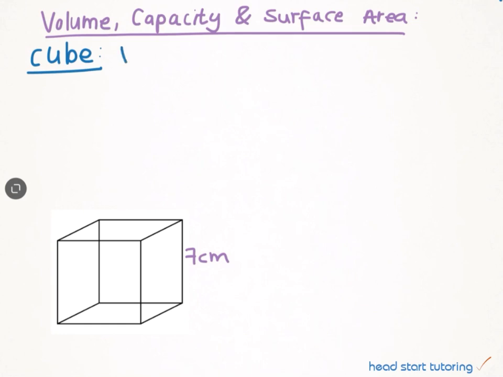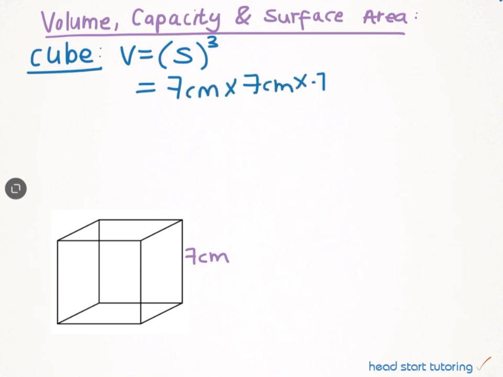So remember that the volume of any cube is just equal to that side multiplied by itself 3 times, or we can say that the volume is equal to side cubed, which is equal to 7 centimeters multiplied by 7 centimeters multiplied by 7 centimeters, and that gives us an answer of 7 by 7, which is 49, and then times by 7 again will give us an answer of